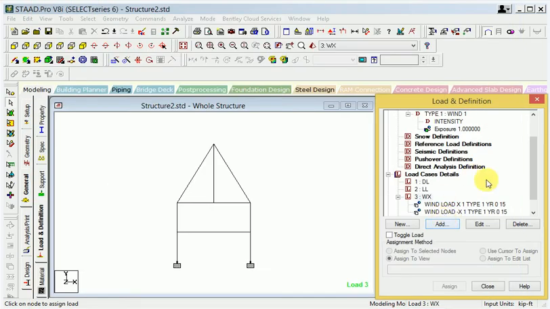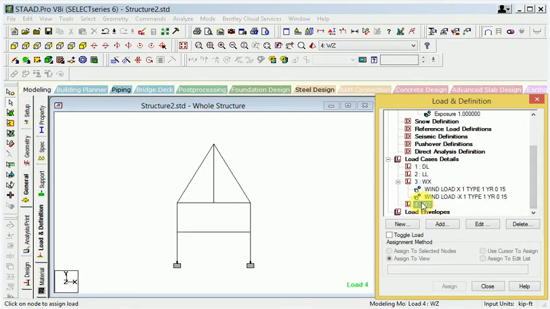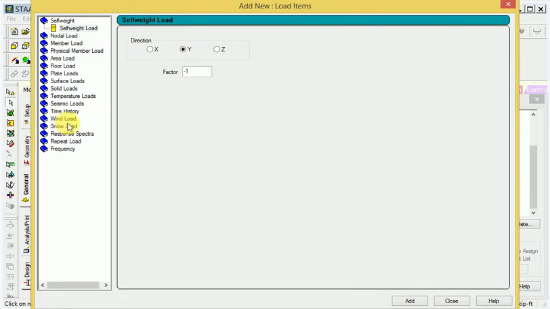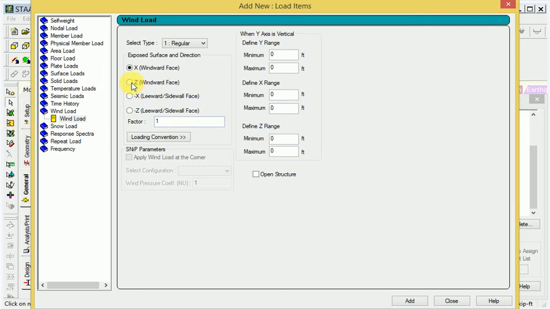Again I will choose the z direction and go to 8, and here you can see the wind. This is the z direction, start 0 and maximum 15, 8, and minus z direction, start 0 and 15, 8.